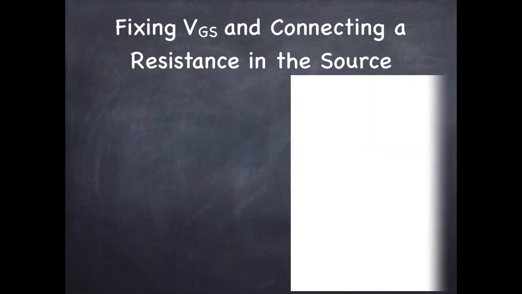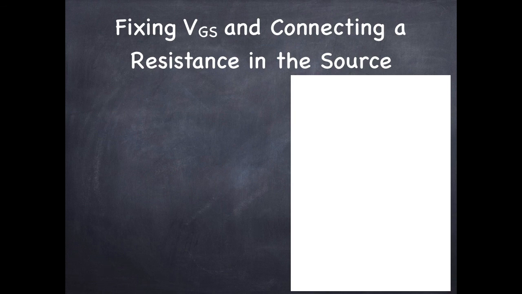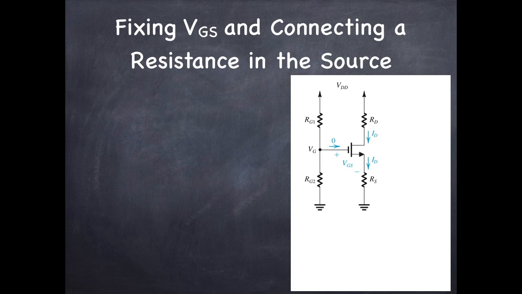So what do we do? We fix VGS as we did before, but we use one more resistance here in the source lead, that is RS. This is the second method of biasing. Two circuits are shown here. First is the voltage divider circuit which uses only one power supply, and the second circuit uses two different power supplies for input and output circuits.